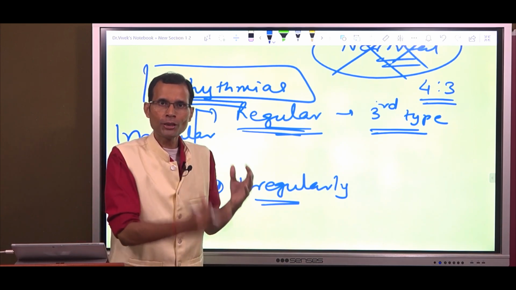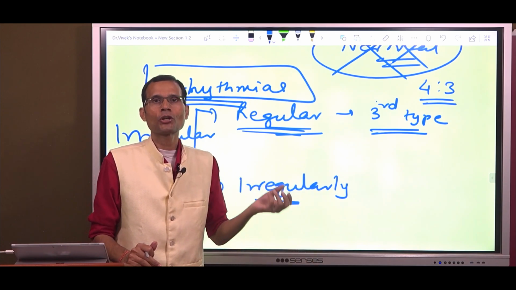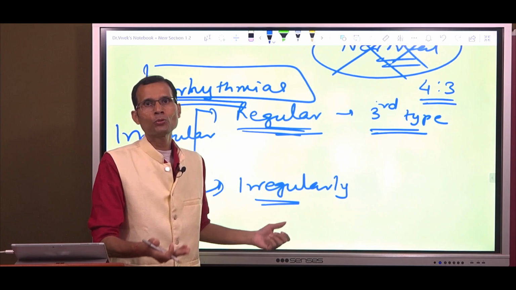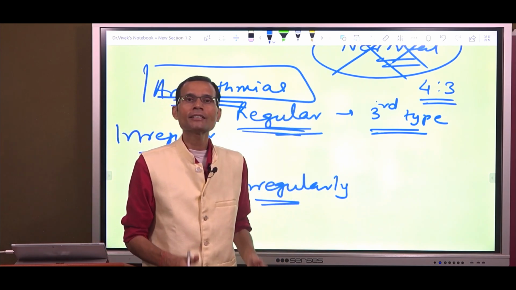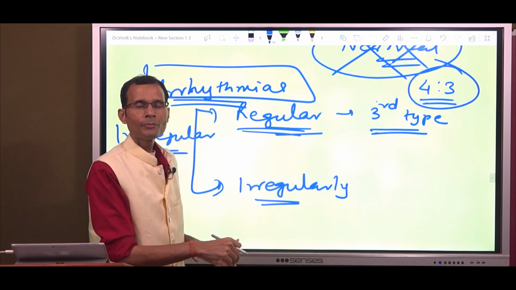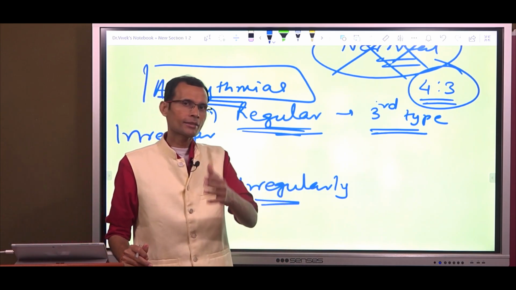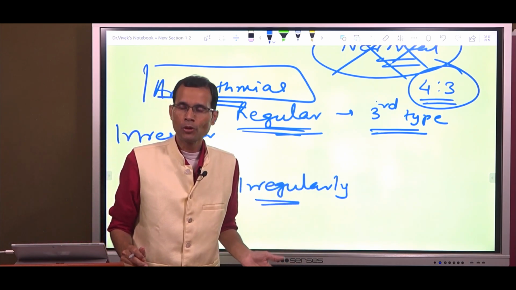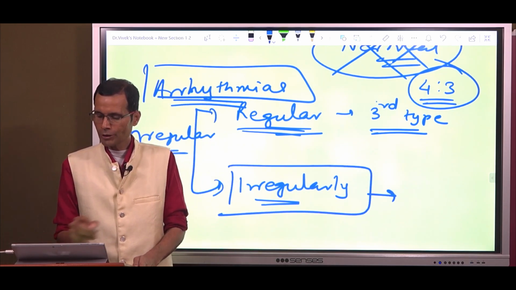That means every fourth impulse starting from the SA node could not reach the ventricles, ventricles could not contract, and therefore there was no systole, there was no pulse. Every fourth pulse is missing. So, we call it 4:3 block. Now, basically this is regularly irregular, seen commonly, as I said, in second degree heart block, third type. Irregularly irregular